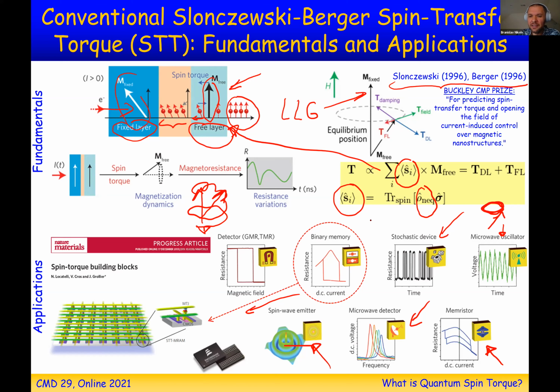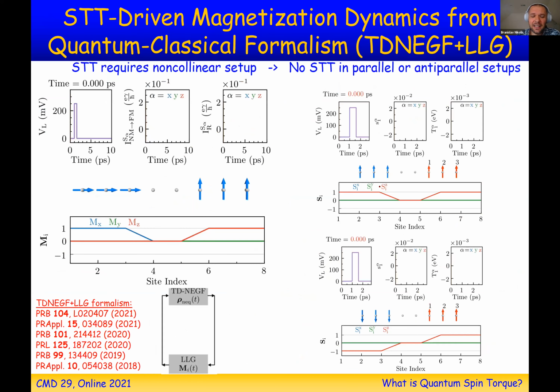And so from this viewpoint, people have been doing these calculations and these experiments for 25 years. It looks kind of easy and straightforward. It's pretty much a computational effort. If you're not familiar with this topic, here is now the first set of movies. Here I'm using the formalism we developed in this series of papers, the so-called TDNEGF, time-dependent non-equilibrium Green function, same as in T-quant, coupled to the Landau-Lifshitz-Gilbert equation.